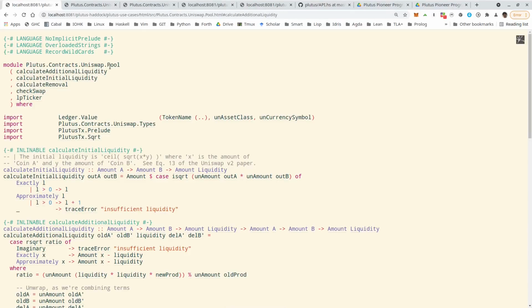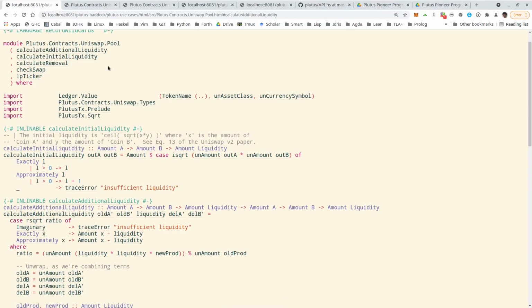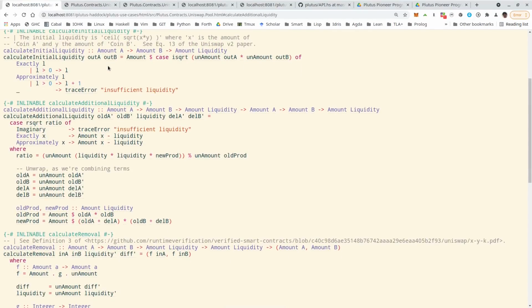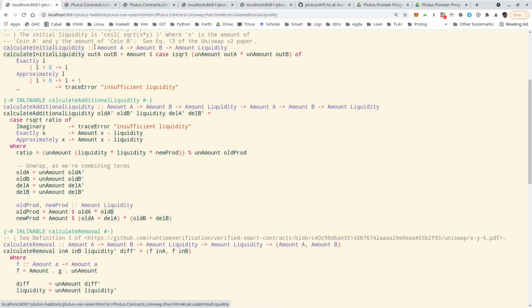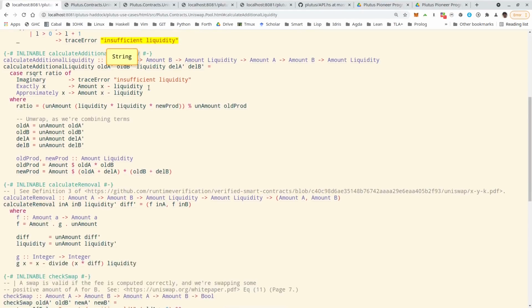Next, let's look at the pool module, which, as I explained before, contains the business logic, the calculations. So we have calculate initial liquidity. It gets the initial amounts of token A and B that are put into the pool and returns the liquidity tokens that are returned in exchange for those. Then calculate additional liquidity for the case that the pool already exists and somebody provides additional liquidity.